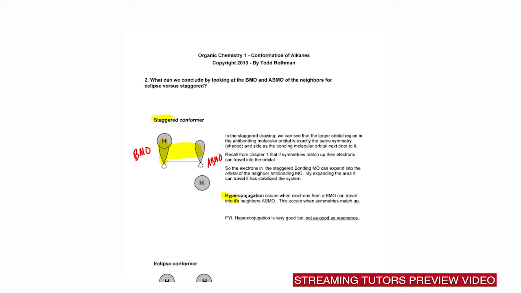So notice that in the staggered, when one H is up and one H is down, or any atom, I'm just using H's, it's simple. It's a circle instead of another hybridized orbital. But when they're opposite of each other, anti or staggered, then the electrons in the bonding MO can go over to the neighbor's anti-bonding MO. So the same thing applies with the other neighbor. I just happen to focus in on one. So we're saying that if this is carbon 1 and this is carbon 2, carbon 1's bonding MO in my drawing, its electrons go into the anti-bonding MO of 2. But carbon 2 does the same thing. Carbon 2's bond